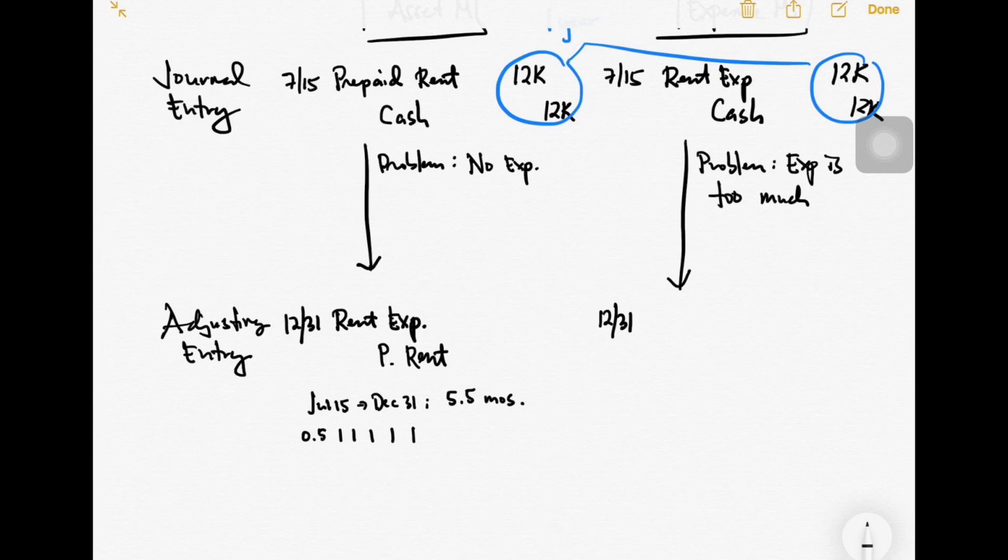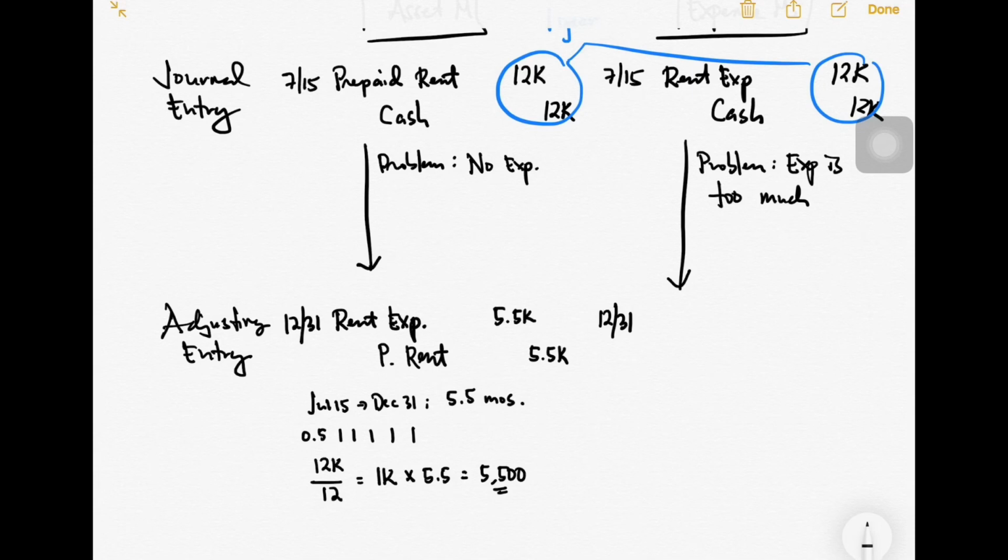Now, how do we compute the expense for 5.5 months? We get the total amount, 12,000, divided by 12 to get the monthly rent or the monthly expense for the rent, and we multiply that by 5.5 months to get our expense for the year. The answer is 5,500. This is the amount of expense that you will recognize. There is a debit to rent expense to recognize the expense for the year, the expense for 5.5 months. While the credit to your prepaid rent just represents the deduction from your prepayments, having used the